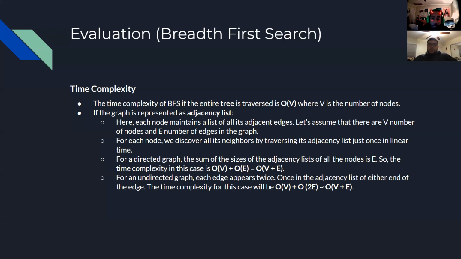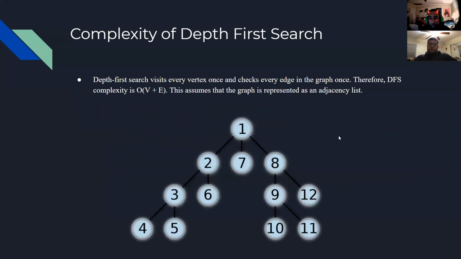Which is about O of V plus E, which is basically saying the height, like how we learned in class. Big O notation of height of the graph. Correct. So the complexity, we also found the complexity of depth first search, just so we could make small comparisons,